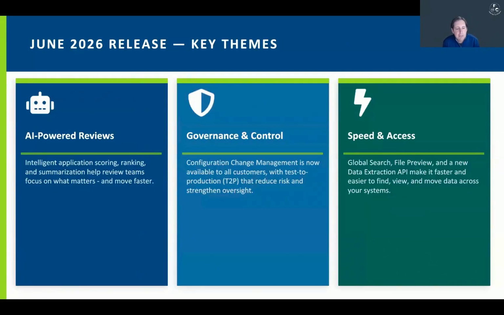Now, when we get into the June release, we dive down a level there with the release. There are three key themes that we're looking at. One is the AI-powered reviews. This is specific to the new GA capability we're introducing around AI scoring that gives you the ability to define